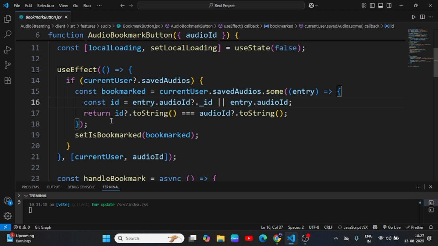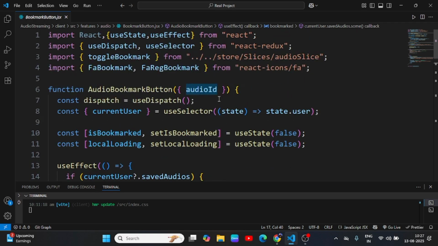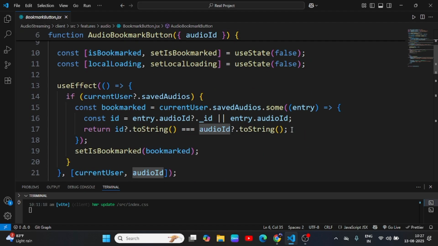Then we return the audioId string, which means this audioId, and this audioId comes from the parent component, like the audio player. Okay, if they are equal,